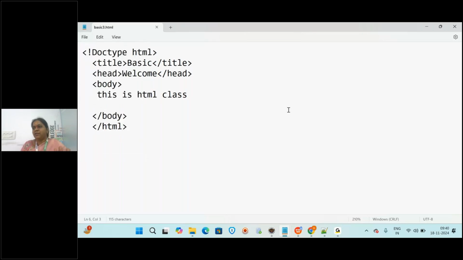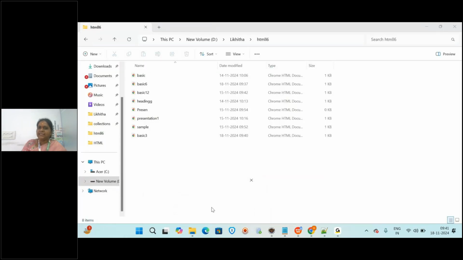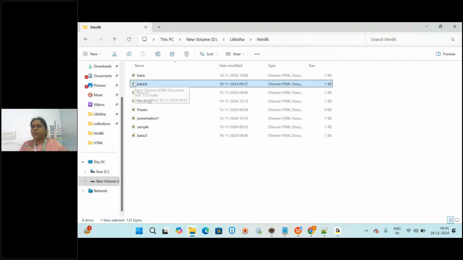Now how to run this, how to see the output, right? We have known now how to create it and save it, now how to run this html page. So now open the location where you have saved, and then just double click that. If you observe here, it is automatically shown with Google Chrome. Yes or no? What is the default browser in your computer? It will open with that browser, since you have saved with what? Dot html. A dot text file or dot doc will not open with the browser, only dot html.